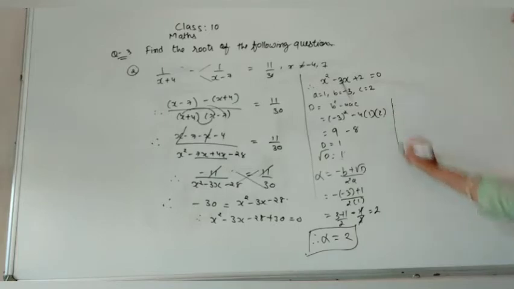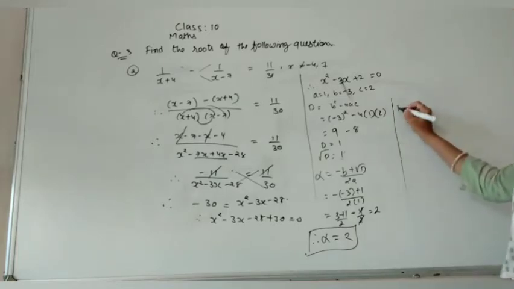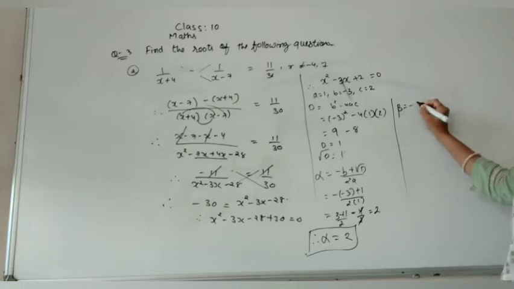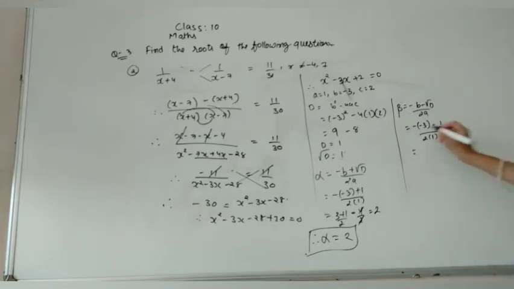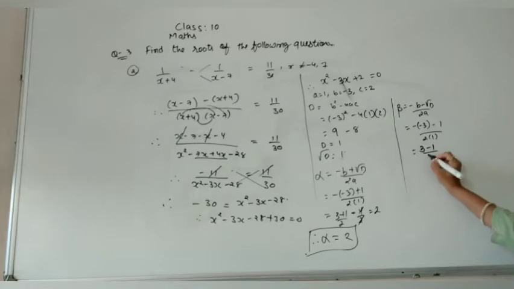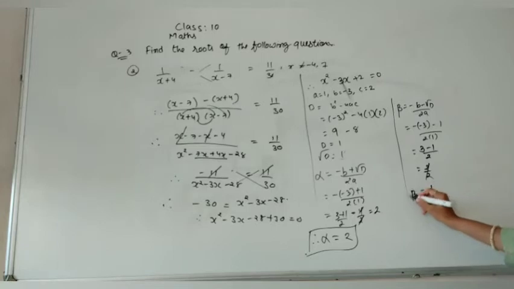So here let me find beta over there. So what am I getting? Beta is equal to minus b minus under root d by 2a. So the value of minus b is minus 3, minus under root d is 1, 2, and the value of a is 1. I have substituted all the things. Minus minus will become plus, minus 1 and 2. So it will become 2 by 2, so that is complete, reduce it by 2 ones are 2. So here alpha we got as 2 and beta we got as 1. So here is the end of this question.